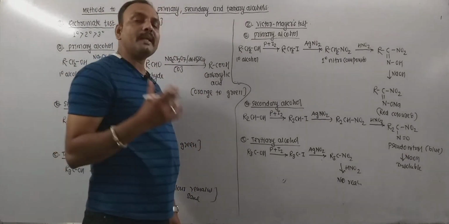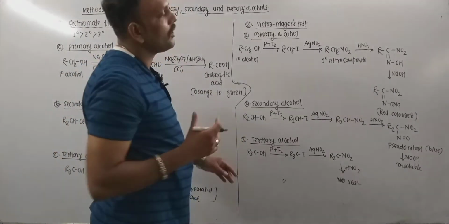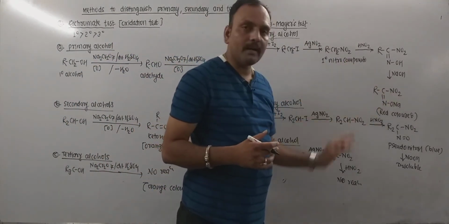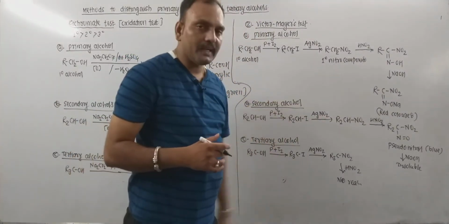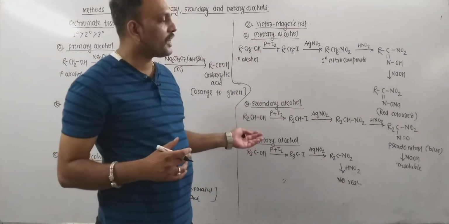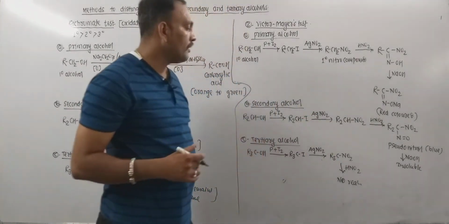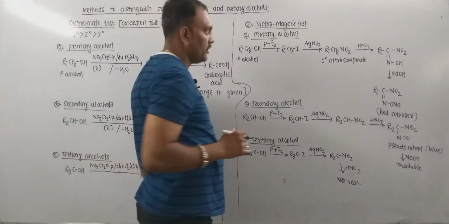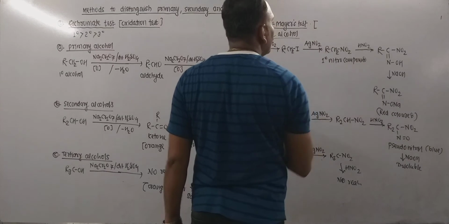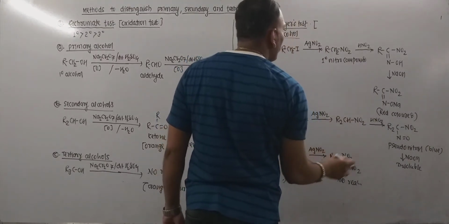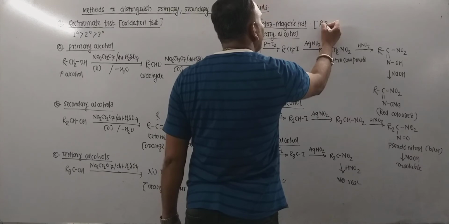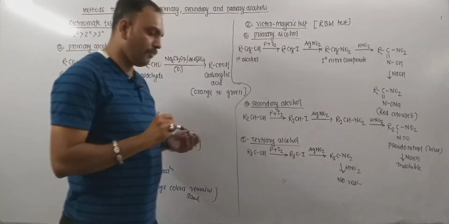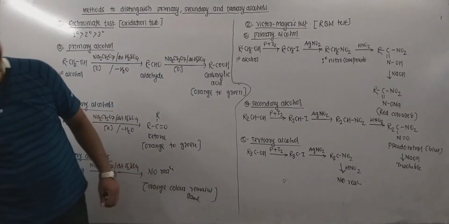So this is the very important distinguishing point. The primary alcohol, on a series of operations, gets converted into a red colored product, so red coloration can be seen. As far as secondary alcohols are concerned, blue color can be observed, and in case of tertiary alcohol, the solution remains colorless. Thus, this test is also called the red, blue, white test, RBW test. This is a very famous and popular test under the name Victor-Meyer test.